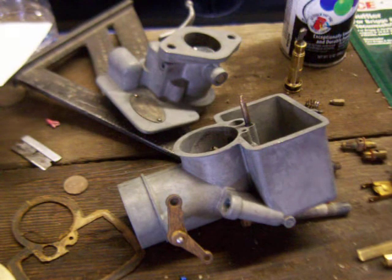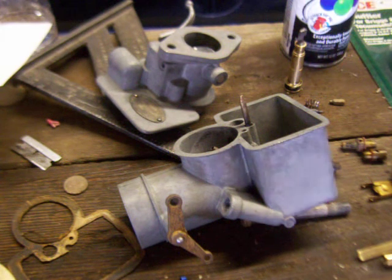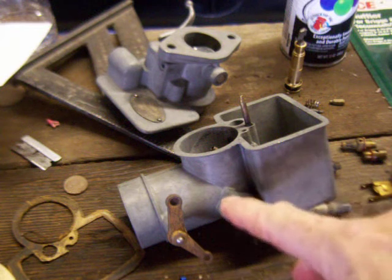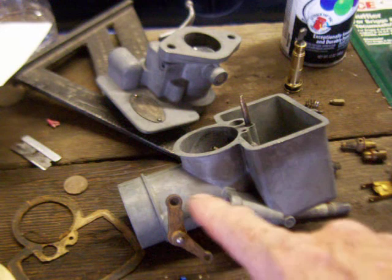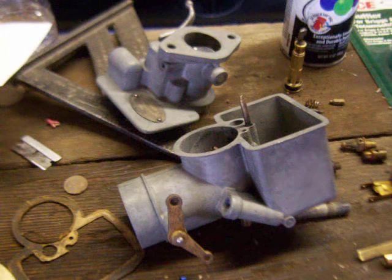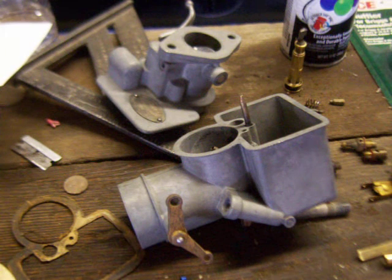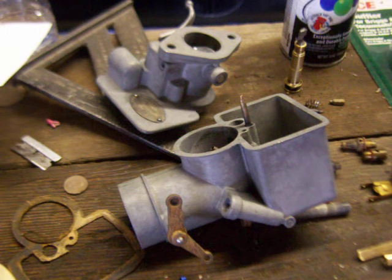I was talking to a friend of mine that had a couple old Chevrolets, and I was telling him about it, and I said, you know, what I'm missing is this piece off in here that choked the thing, enriched and leaned the fuel mixture. And he said, well, the Chevy carburetors didn't have that, just the Fords did. And so they must at some point have made them for the Fords, and just a lot of people didn't know. But anyhow, I decided to take my chances, and one of the Model A companies sold